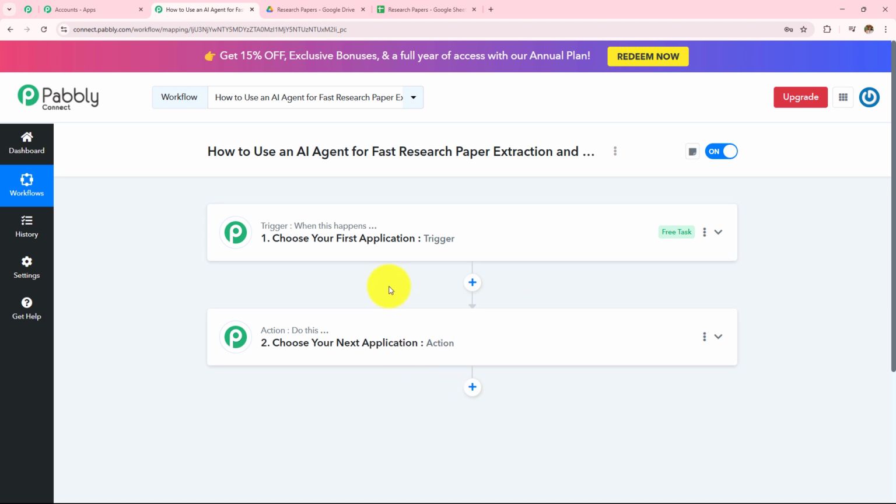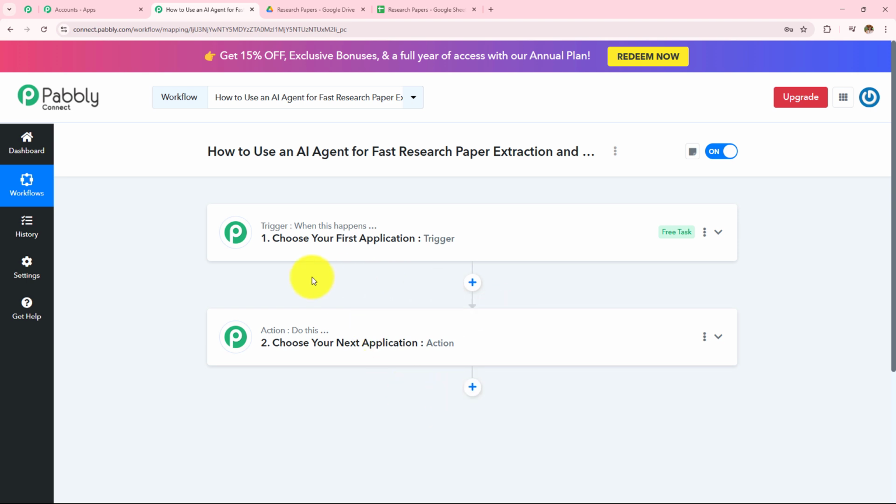So trigger says when this happens, and action says do this. So trigger is basically an event which starts the automation of a workflow. There can be only one trigger step in a workflow and as many action steps as you want.